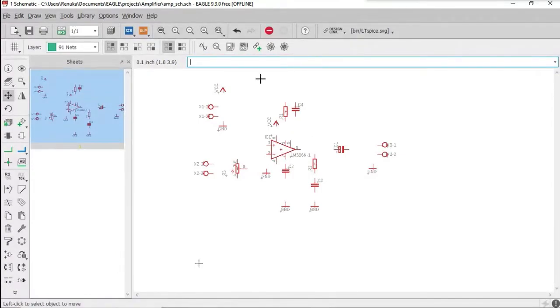After arranging your components, to wire, that is to make electrical connection between them, you have to select an option called net here on the left side with the green color symbol. Make sure you select net and not a wire.